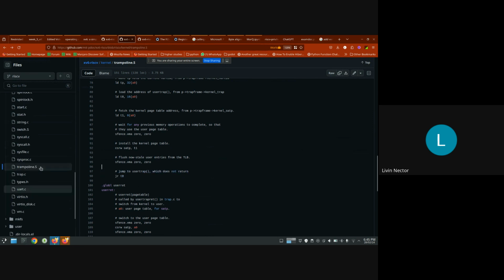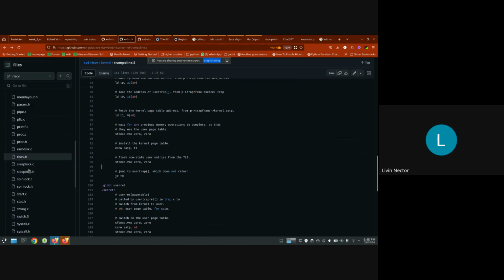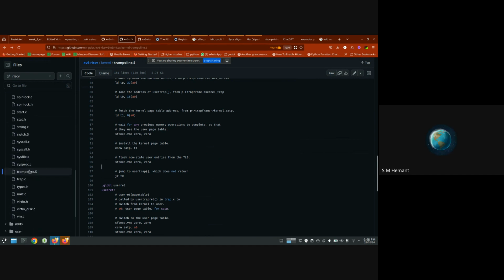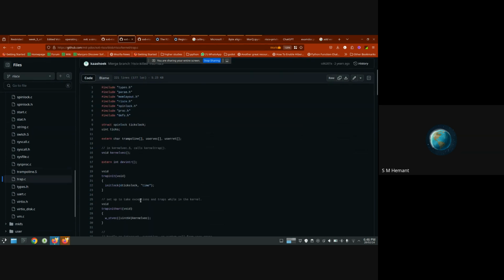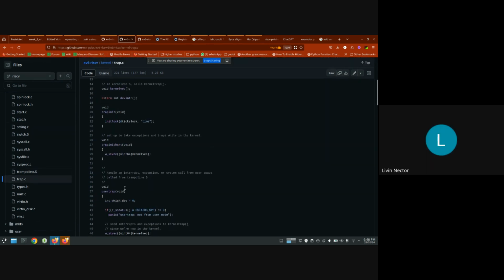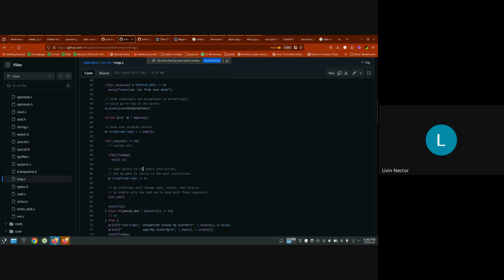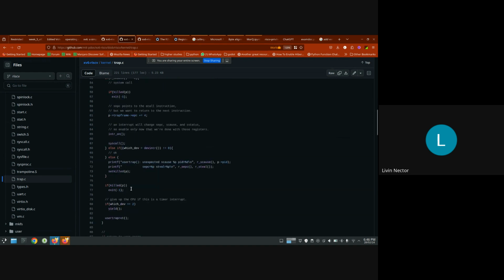And what is the user trap function? It's in the trap.c. So that is how this user trap is the trap handler. We go to user vec, store the trap frame, come to the handler, check, handle everything. And then if it's a timer interrupt, we don't go back to the user mode using user ret, but we yield this CPU and go to